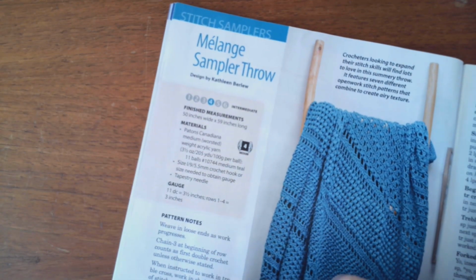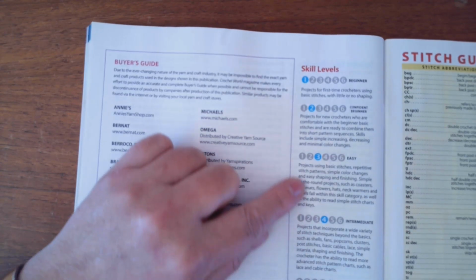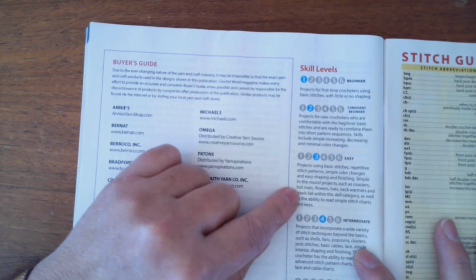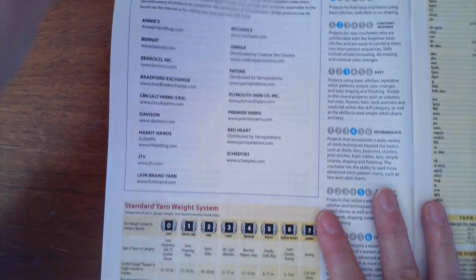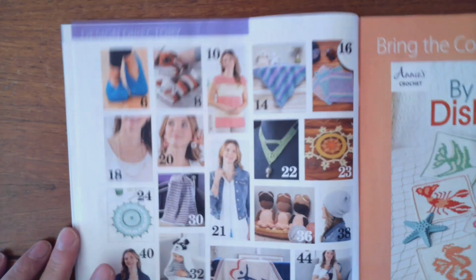Let me see here. Nope, that's the last pattern. Then they have here skill levels. They list the skill levels. Most of them are intermediate that were in here, in the 2 to 4 range of difficulty. A standard yarn weight system down here. Sorry, I thought, there it is. And then they have a stitch guide, and they show you how to do the basic stitches. And then here's a glossary of all the patterns,